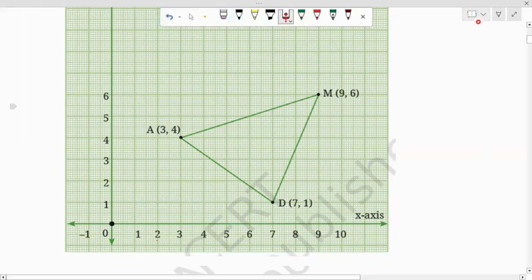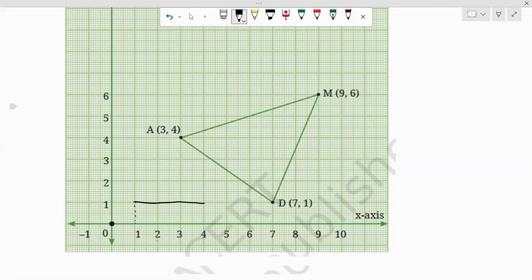Okay, so let me take the line. So yes, this is one line, right? I want to find its distance. I can clearly find it because, as it is parallel to the x-axis, here it's 1 and here it's 4, right? So its distance I can easily calculate: 4 minus 1, which is 3, right? So what I did is just x2 minus x1. It means the x coordinate of the second point and the x coordinate of the first point. We have just subtracted and we got this 3.